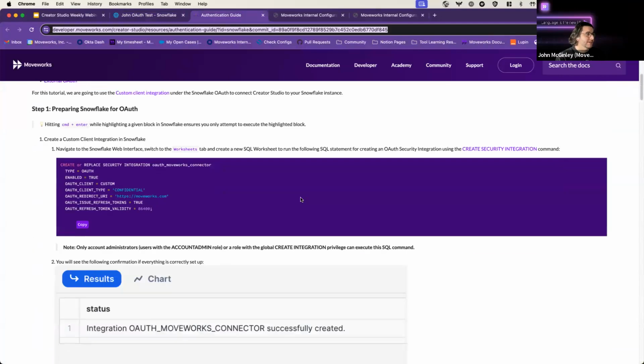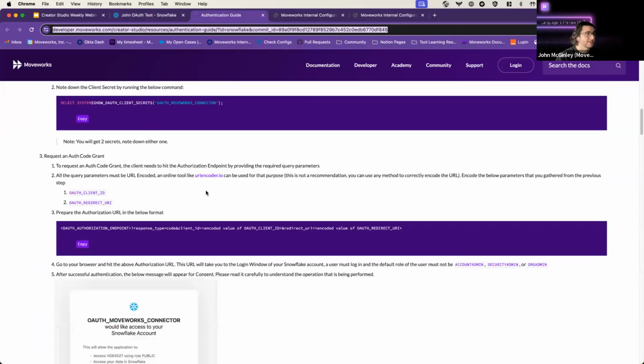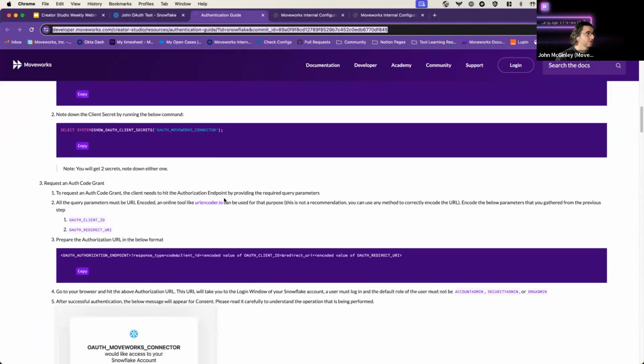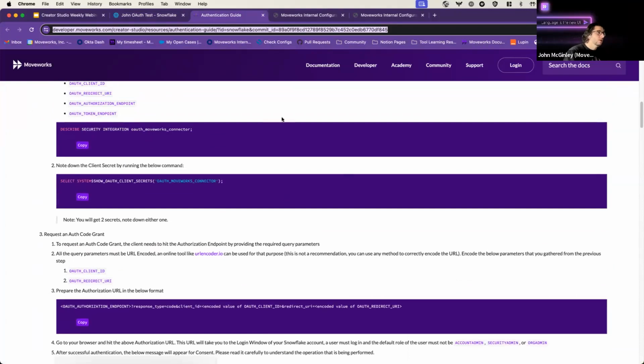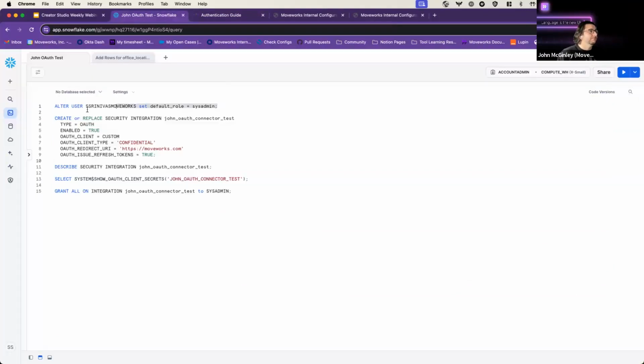We also have an authentication guide that walks through every step that you're going to need to take to be able to authenticate into Snowflake using Creator Studio. So going through this step by step, we need to set our default role to sysadmin. This is what's going to allow us to create an OAuth connector that we can actually use to make API calls. The type will have to be OAuth. The OAuth client will be custom, and the client type will be confidential. The redirect URI